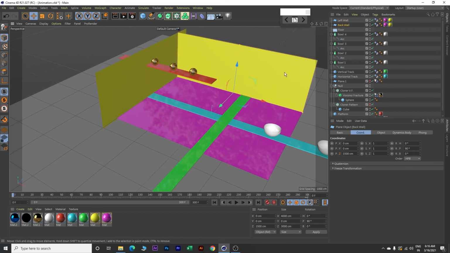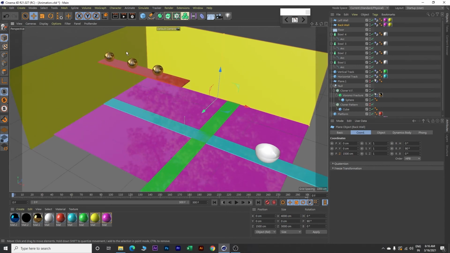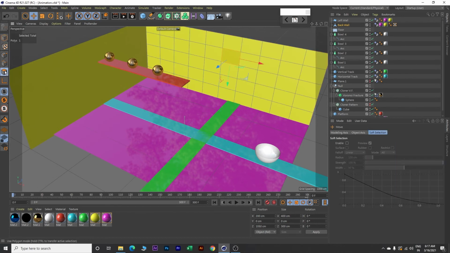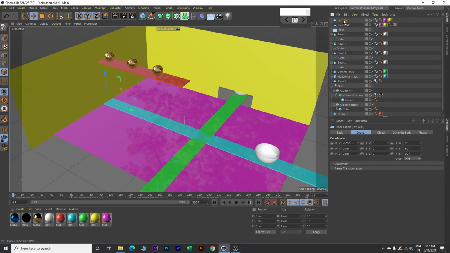Now click on this back wall, zoom in and make this back wall editable by clicking on this button here. Next, click on this polygon button here and over here click on this and delete, click on this and delete. Now click on this left wall over here, make also this editable, click here, click on this polygon, select this one, click delete, select this one and click delete.